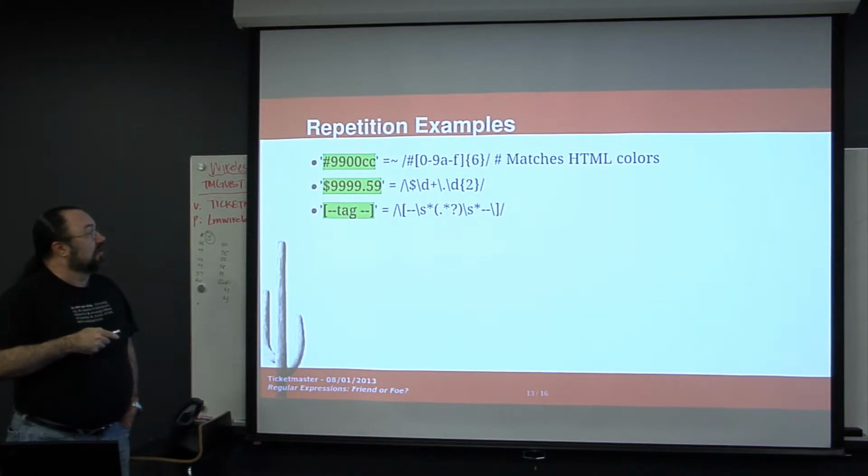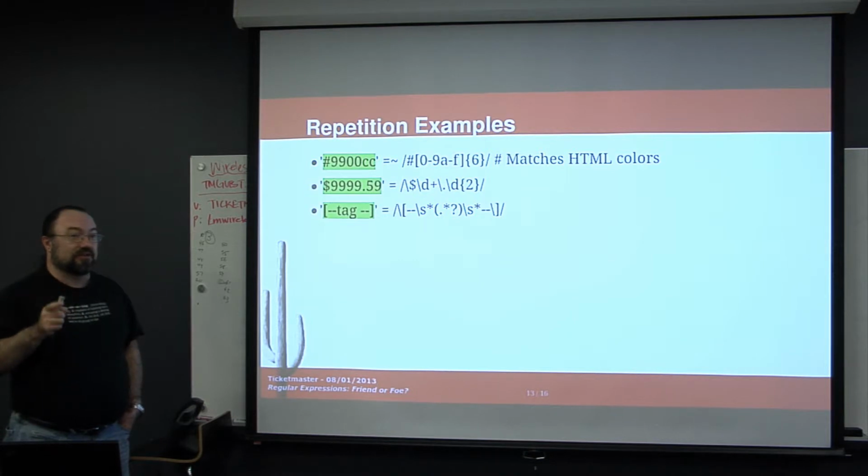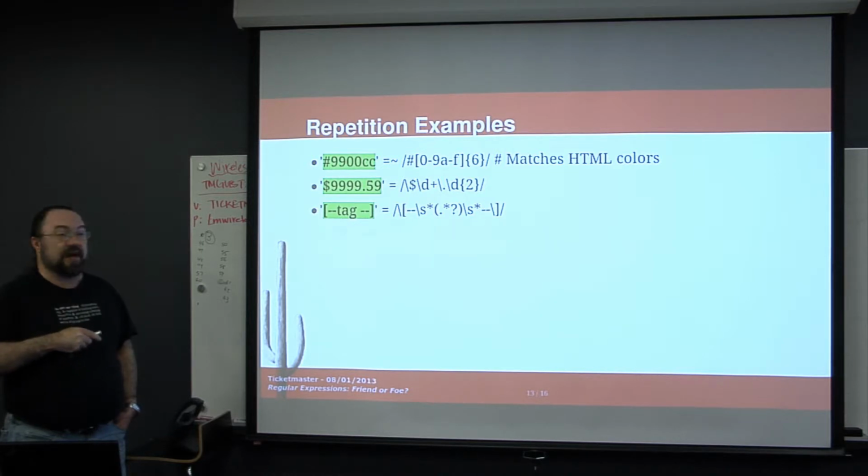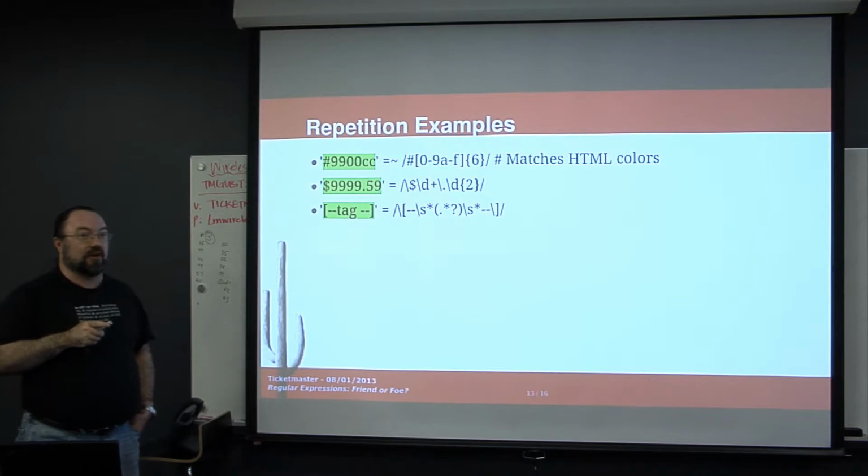But then you notice we've got the star afterwards. And star means 0 or more. In this case, I've got no white space there. So guess what this does? This actually matches, because this is 0 white space, and this is 0 or more white space. So that matches. That's the thing I was telling you that will catch you off guard.